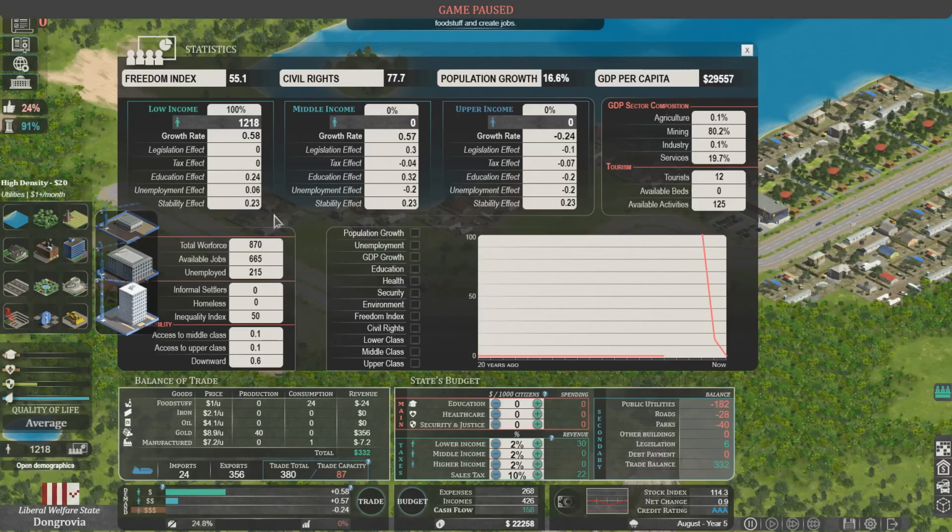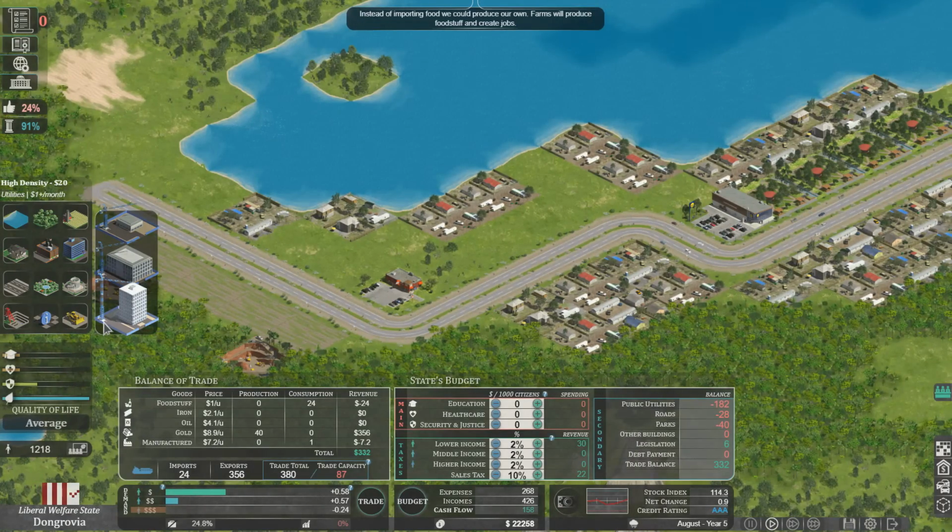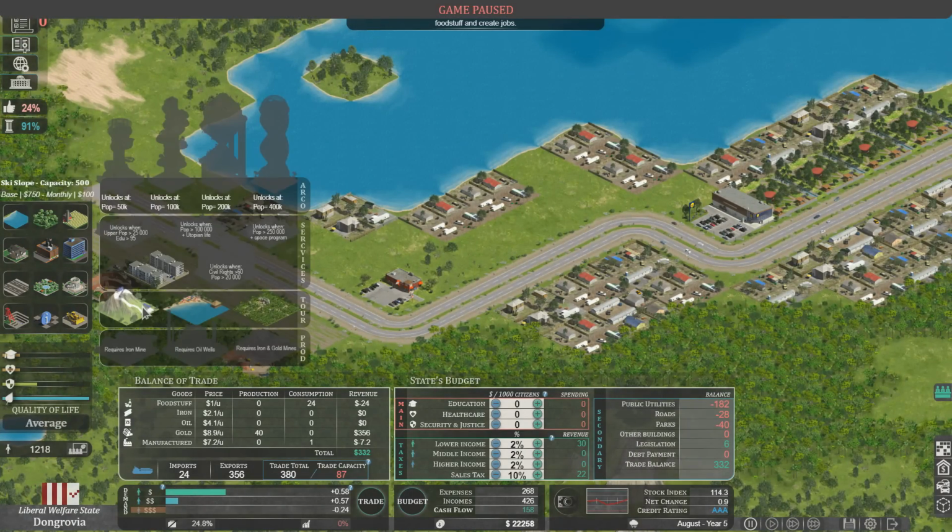How many of each group do we have? We have no middle income. We have lots and lots of low income, but I assume they upgrade after a while if you give them the services and things that they need in order to thrive. We've got special buildings right here. We've got a ski slope, and we've got social housing right there. It costs $500, and it takes monthly...